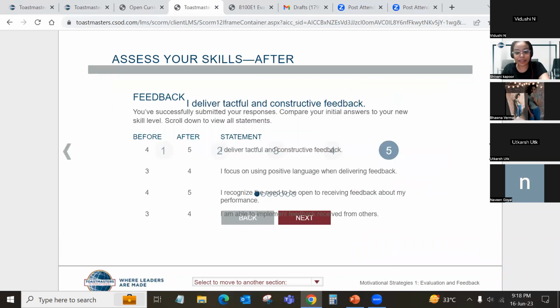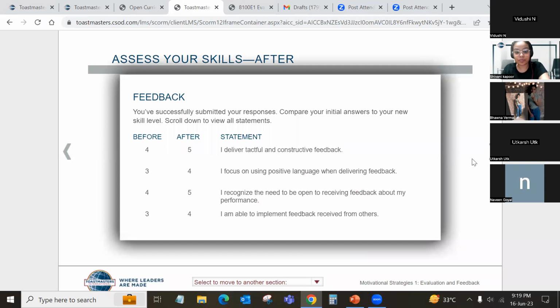And Shivani, one question, how does the evaluator get decided? So the VP Education decides it. There is an executive committee here who do all this work of planning and organizing the meeting. So the VP Education sets the agenda. Like I reach out to all of you to ask if you want to take this role. Just out of experience, the VP Education knows very well which evaluator will be best suited to a particular speaker.